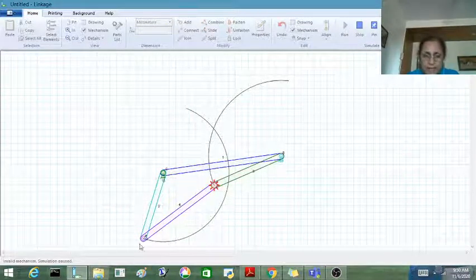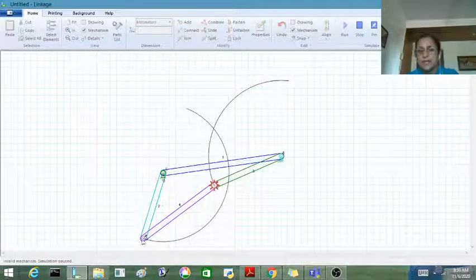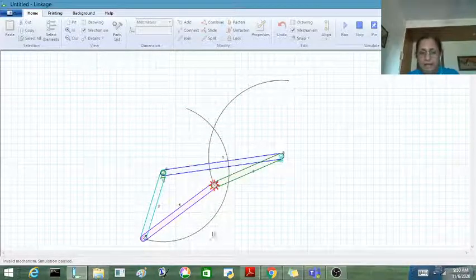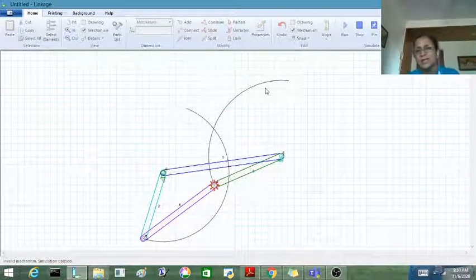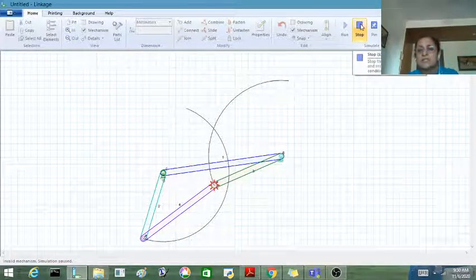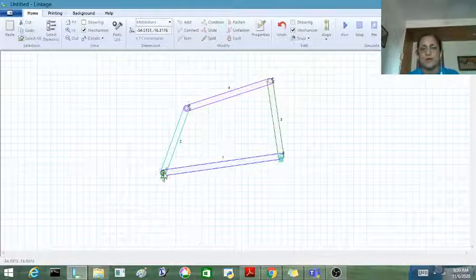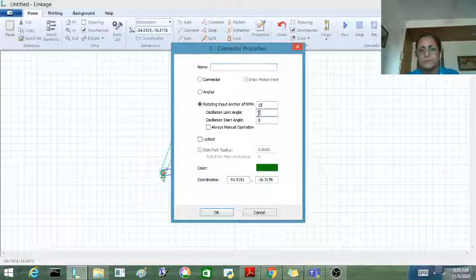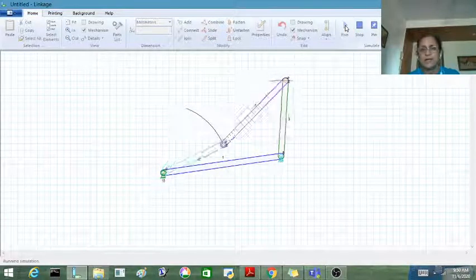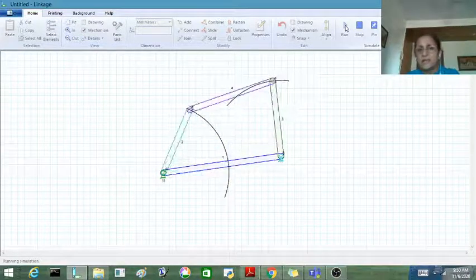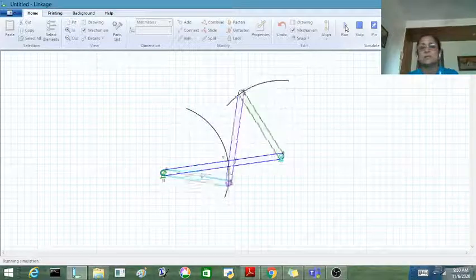Now what happens? It cannot take the full round because the length of these are such that if you physically make such a mechanism, it can have only this much of rotation. Till then it will work fine, but at some point it will fail, and these kind of realizations can come from the simulations. That's the advantage of simulations. But now if I limit the rotation, let us say only to 90 degrees, and run it. Can you see? Now it works fine even with this length because I have limited the rotation to 90 degrees.